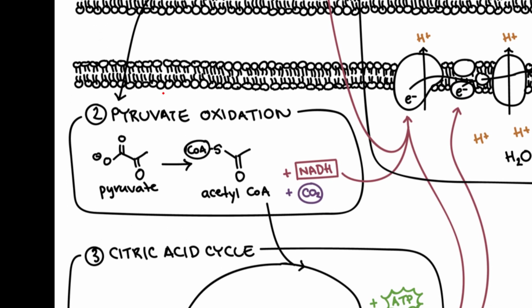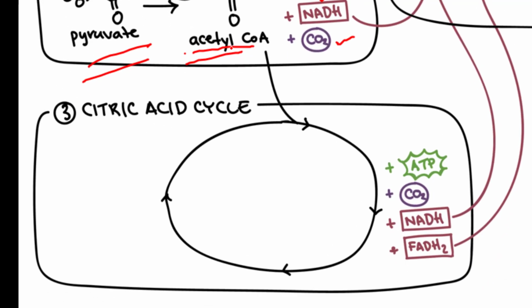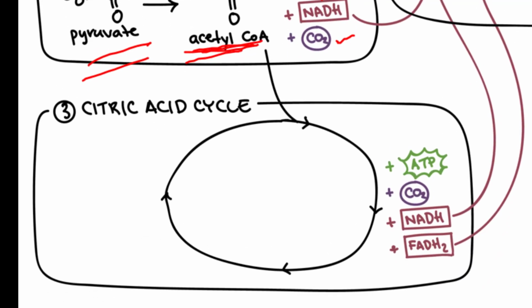Now from here the pyruvate undergoes a process called pyruvate oxidation, in which the pyruvate combines with a molecule called coenzyme A to form acetyl coenzyme A, and along with the process it produces again NADH and CO2. Remember, the CO2 is getting released here, and then this acetyl coenzyme A enters the citric acid cycle or the TCA cycle, that is tricarboxylic acid cycle, also known as the Krebs cycle. All of these are the same, and in this cyclic process again it produces some amount of ATP, it releases CO2, and it produces NADH and